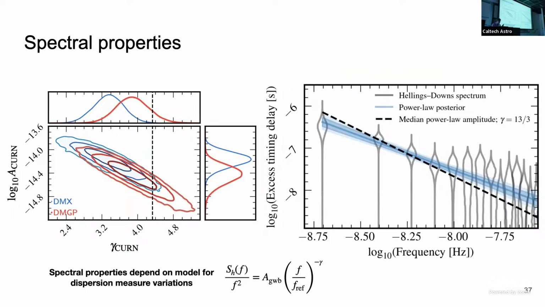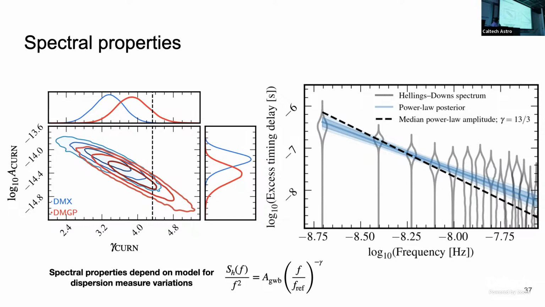We've also got our spectral properties. So I said that we typically model these things as a power law. So we've got the amplitude of that power law referenced at 1 over a year. So this is the amplitude at some reference frequency, and the reference frequency we typically use is either 1 over a year or 1 over 10 years. And we've got this 13/3 line here, and that's what we talked about before for an idealized population of supermassive black hole binaries.